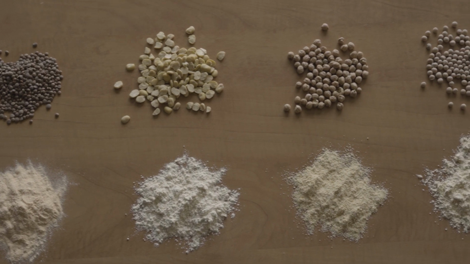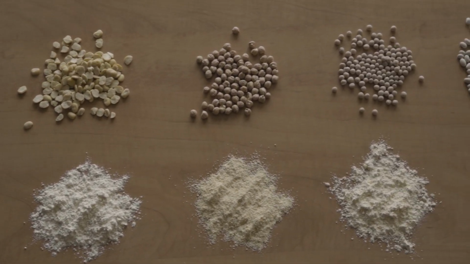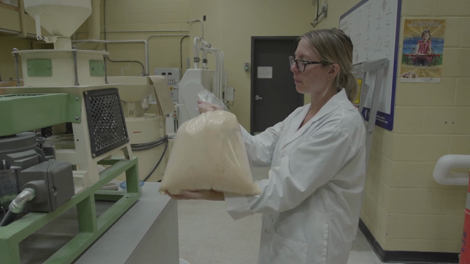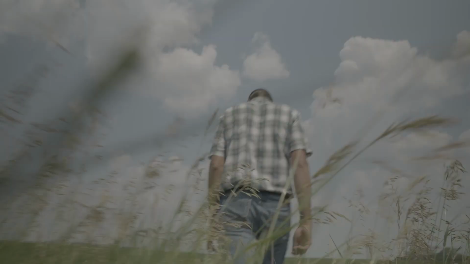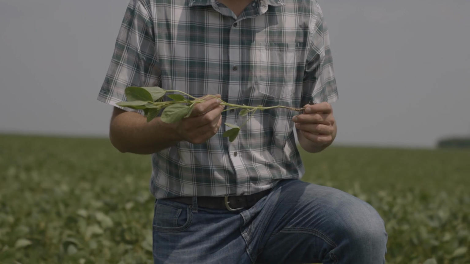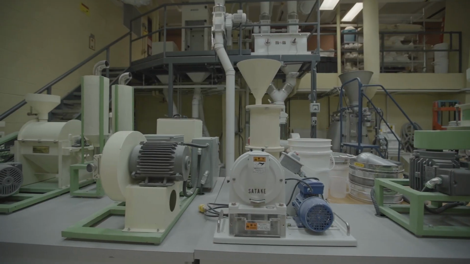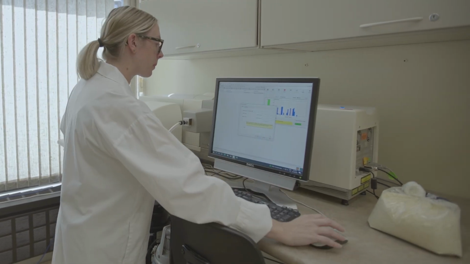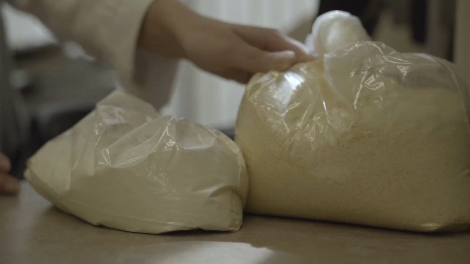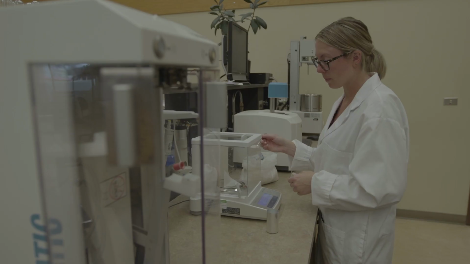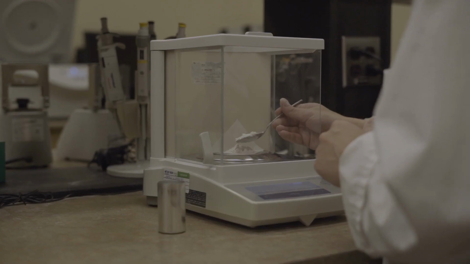Each pulse type also has its own color, which will influence the color of the flour and the color of the end product that the flour is used in. All of these attributes can also be influenced by the variety of pulse type used and the growing environment that it's grown in. Milling technology plays an important role in pulse flour applications because it influences the pulse flour's quality. Attributes like the composition, starch damage, water hydration capacity, and starch pasting properties can all be influenced by the